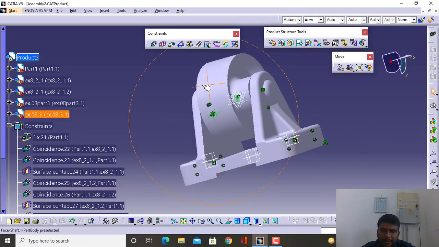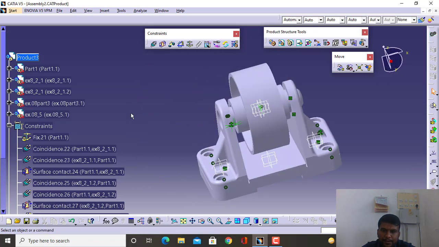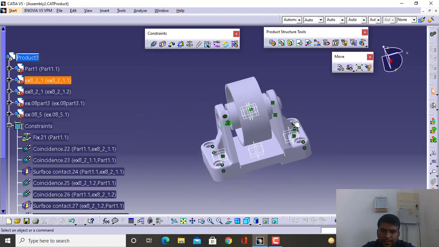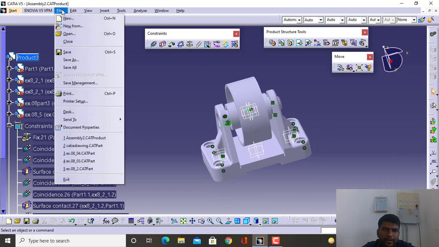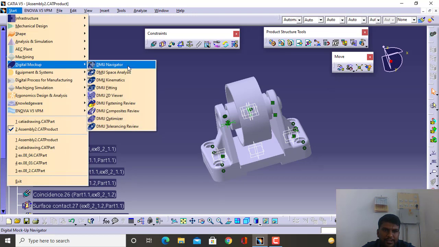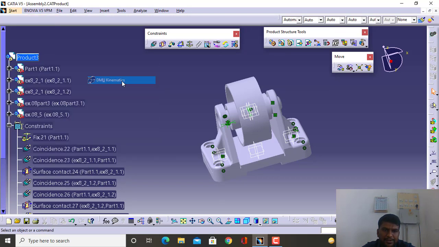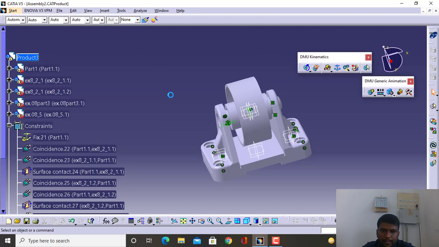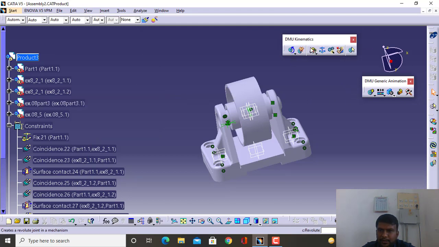If you want to see animation, that also we can do it. So what we can do is we can go to Start, and Digital Mockup. In Digital Mockup we can go with the kinematics, DMU Kinematics, and in kinematics we select this option, assembly constraint conversion.